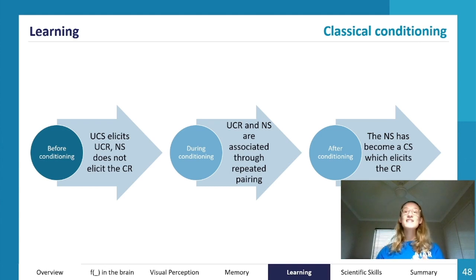So classical conditioning is about the involuntary association, so it's unconscious, you don't have to think about it, between 2 stimuli. We have 3 phases in our conditioning: before conditioning, during conditioning, and after conditioning, after the learning has occurred. So we have lots of letters here. I'm sorry we don't have what they stand for written on the screen, but I'll go through what each one of them means. So UCS is the unconditioned